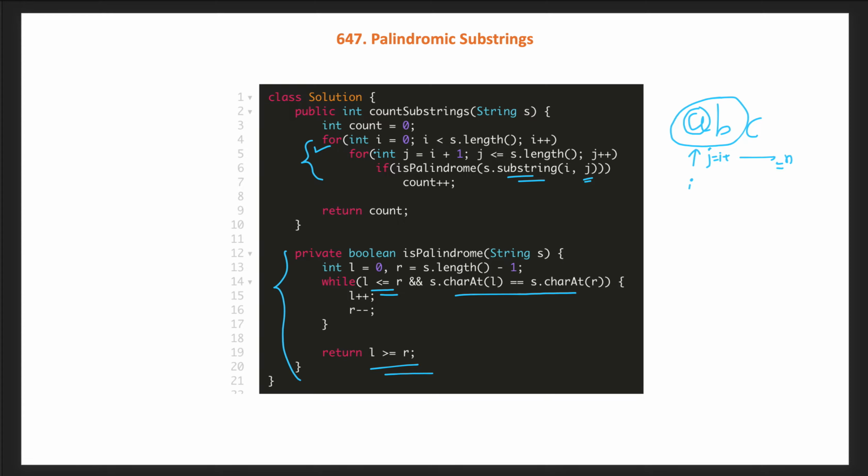Now what will be the time complexity of this brute force solution? As you can see clearly, we are running 2 nested for loops, and there is a third loop in the palindrome check, as well as cutting the substring, which takes O of n time. Hence the overall time complexity of this solution is big O of n cubed, where n is the length of the string, and the space complexity is constant, as we are just using a few constant variables. Can we optimize this solution? As this solution is very time costly, for a big string it would time out.